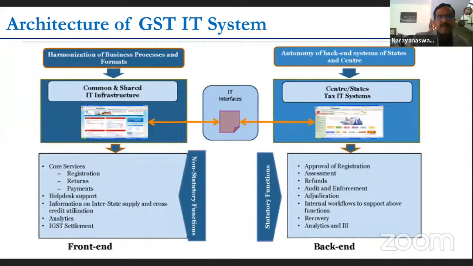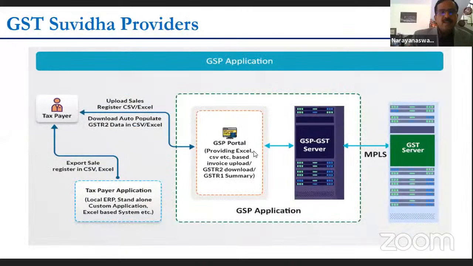On the back end, the department people get the data on all these taxpayers, and certain activities we need to do. That is, for example, scrutiny of returns, then auditing, all those activities we take, and also we use this data to do the data analysis. Even GSTN itself has been doing a lot of data analysis and supplying to the department officers to take action on those who are erring.